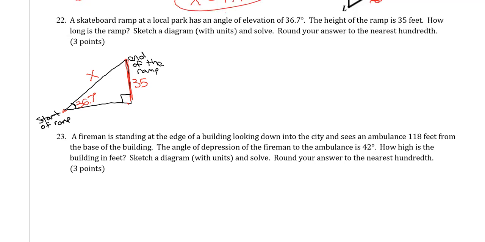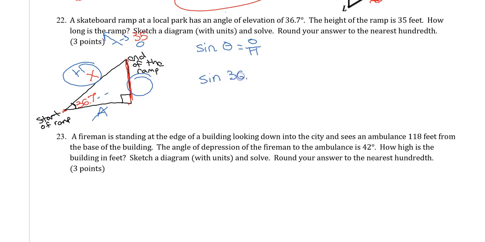Now let's label our sides. I have my hypotenuse, the opposite side, and the adjacent side. So, I have a number on my opposite side, and I have a variable on my hypotenuse. There's nothing to do with my adjacent side. So opposite and hypotenuse is sine. So I'm going to be using the sine of theta equals opposite over hypotenuse. So the sine of 36.7 degrees equals,